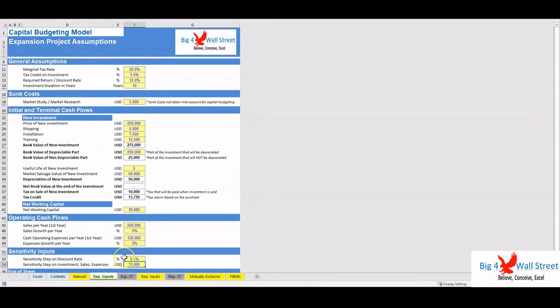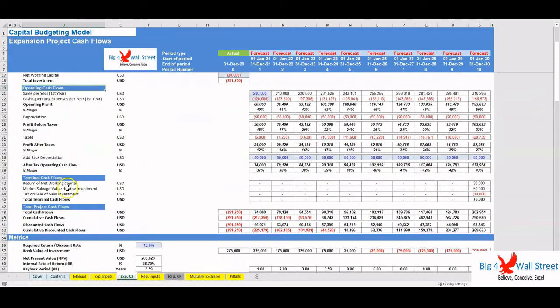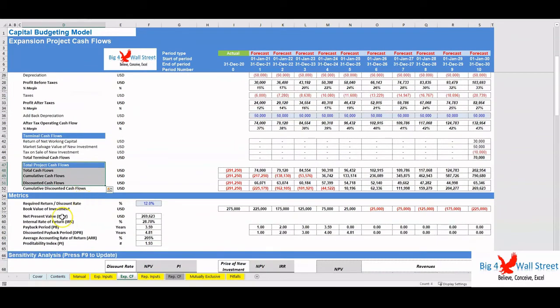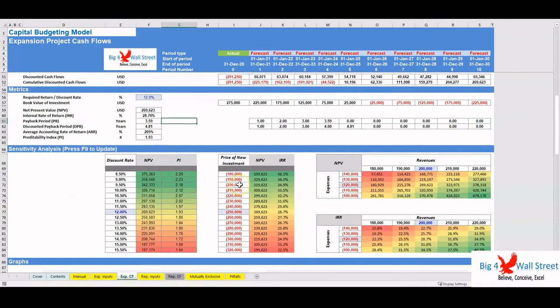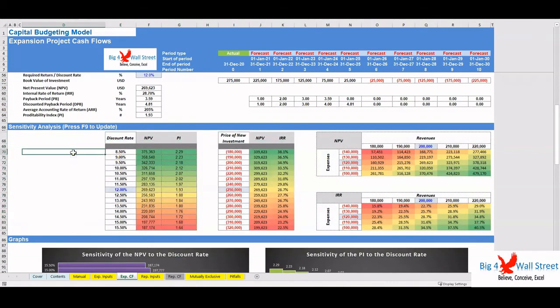Everything is calculated on the next tab. The initial investment, operating cash flows and terminal cash flows are computed, resulting in various capital budgeting metrics such as the net present value, the internal rate of return, the payback period, the average accounting return, as well as the profitability index. Sensitivity analysis follows for the net present value and internal rate of return, as well as various graphs related